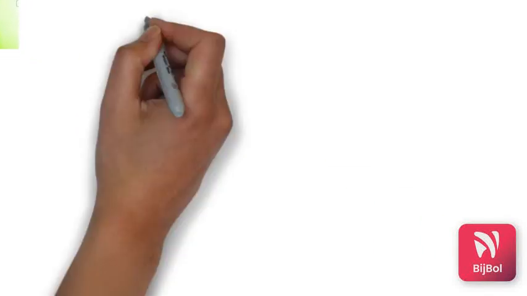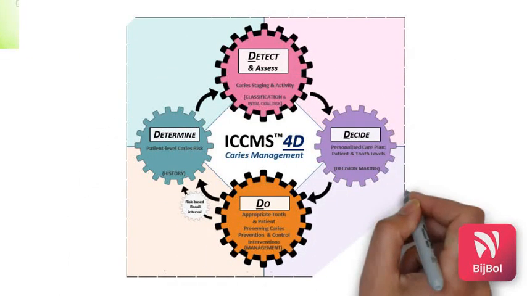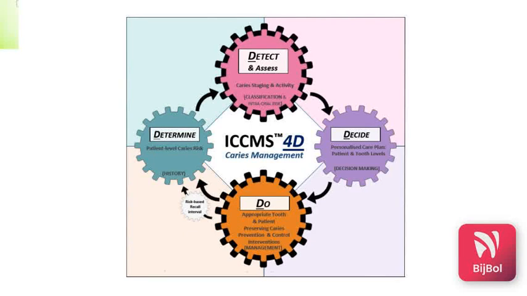How do we manage caries? We manage the caries using the ICCMS 4D concept. That is, we determine the caries risk of the individual, and we detect and stage according to the risk of the individual, and we plan the personalized care plan by the patient's history, and we do the appropriate and patient-preserving categories. That's how we manage the caries, by the recall visits according to the risk based on the individual. That's how we do the 4D management of caries.